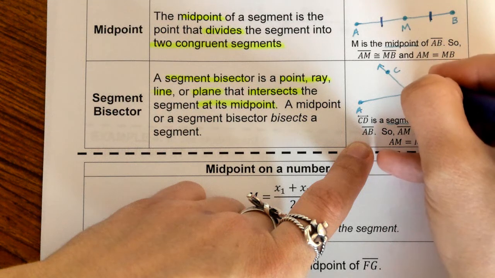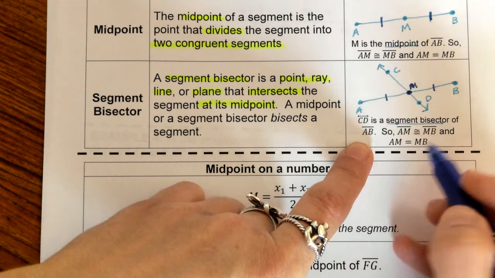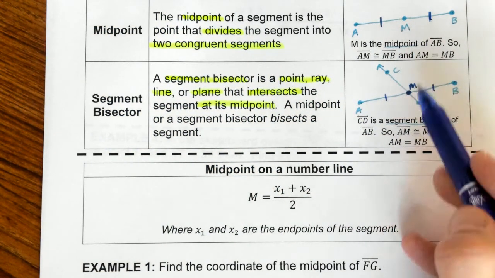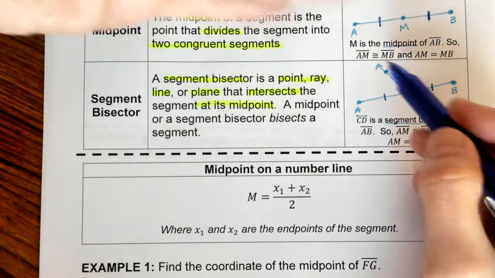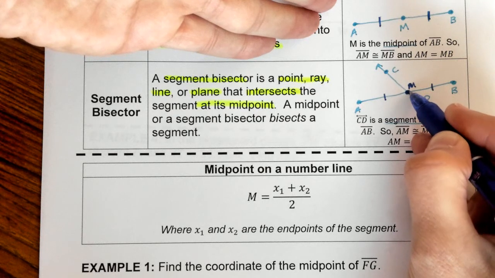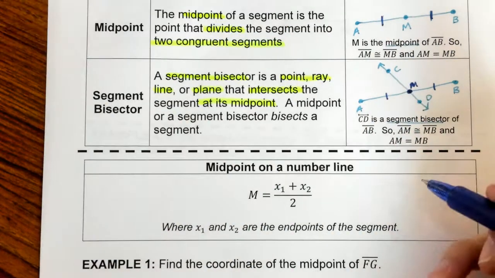We'll call it M for midpoint. And it's going to create those two congruent segments just like before. But this time instead of just a point, midpoint, we have a line going through it. And remember, when a line and a segment intersect, they also intersect at one point. So that point of intersection, because it is a segment bisector,